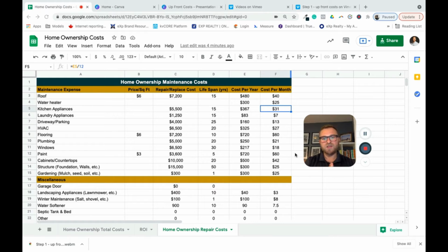Then we start getting into kitchen appliances. I was very conservative here at $5,500, and that you'd get 15 years there. So that might be some older used models where you get them repaired to maintain them to get the full 15 years out of them, but it only costs you $5,500 every 15 years. Obviously, you can spend $5,500 on just the fridge, and that number can dramatically increase from there. So just looking at the more conservative approach, we're looking at $350 to $400 per year, roughly $30 to $35 per month. And you can see, it goes all the way down through laundry, your driveway, parking,